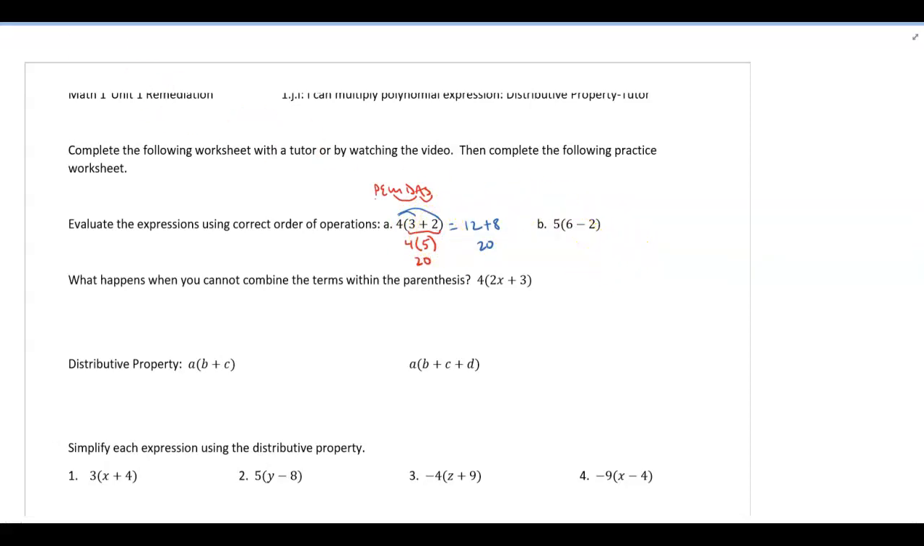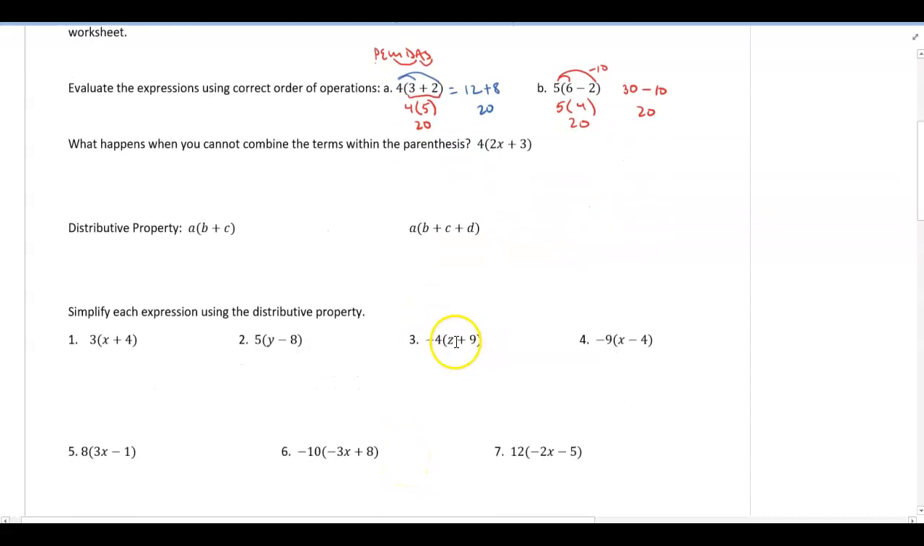And you'll see it works even if it's subtraction inside. If we use order of operations, 5 times 6 minus 2 is 4, and 5 times 4 is 20. Same here. 5 times 6 is 30. 5 times negative 2 is negative 10, so that's going to be minus 10. 30 minus 10 would be 20. So this distributive property exists